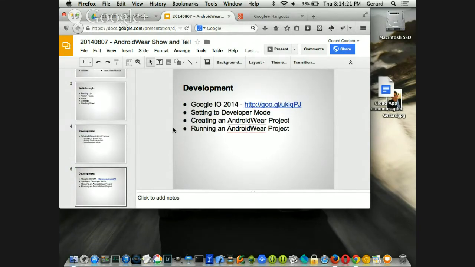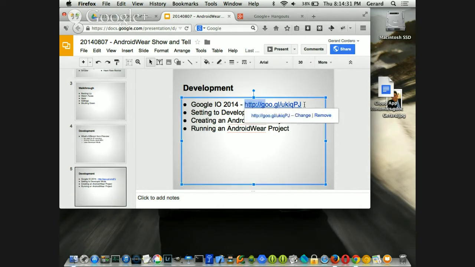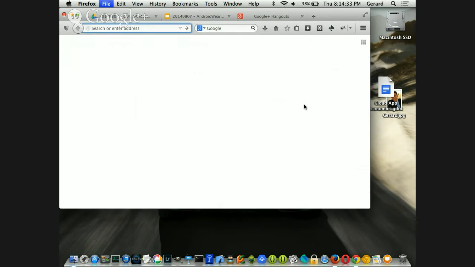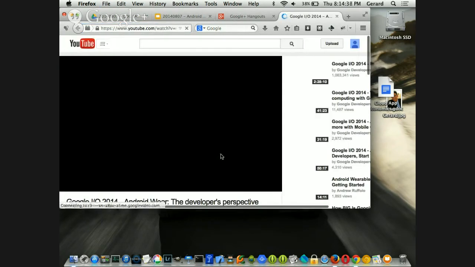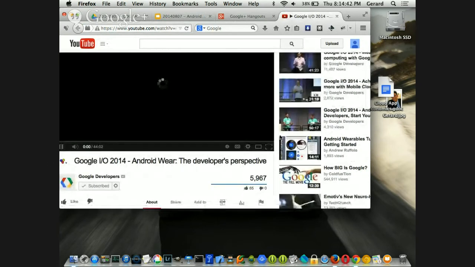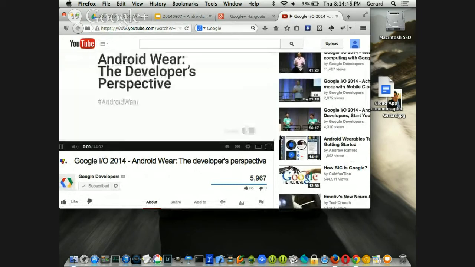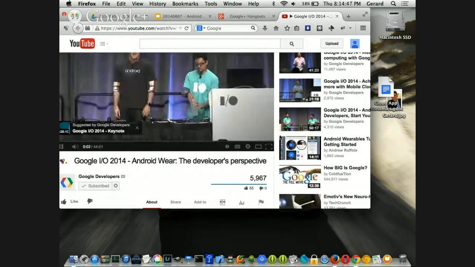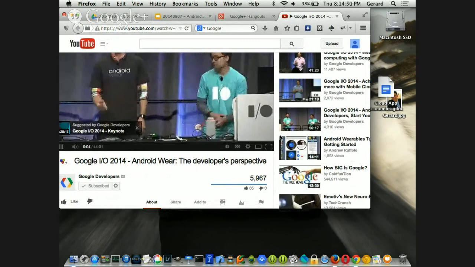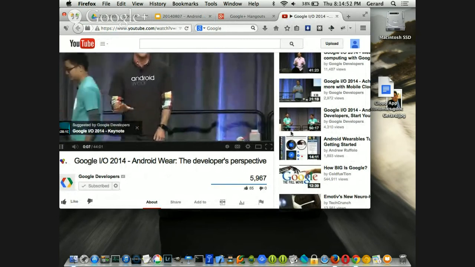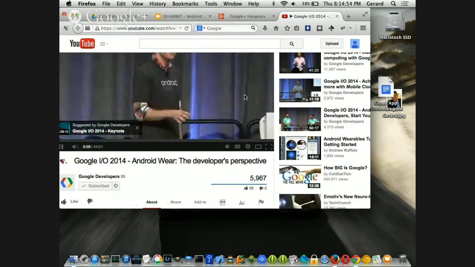This is from Google I/O, from the Android Wear team. I'll just show you a few seconds of it. Basically, they're talking about your phone and your Android Wear watch. They share memory, so the way you sync them is to update that shared memory. Anyway, you can go to the link.